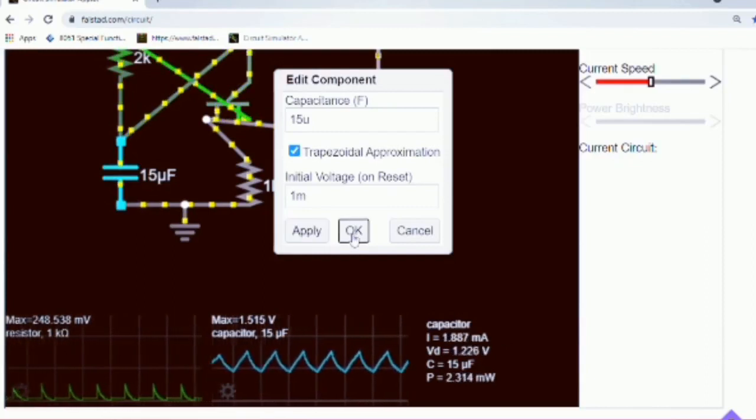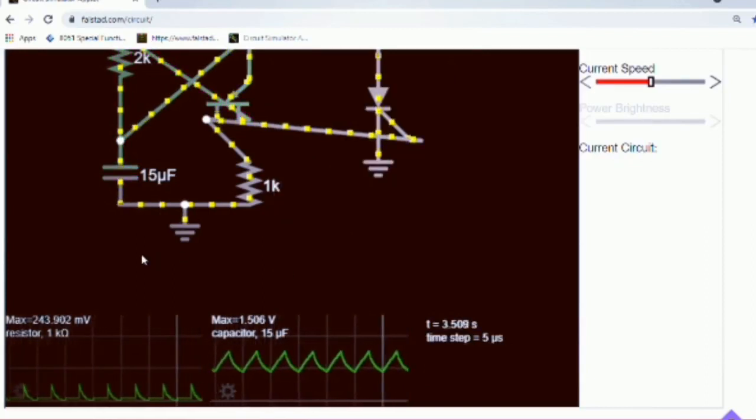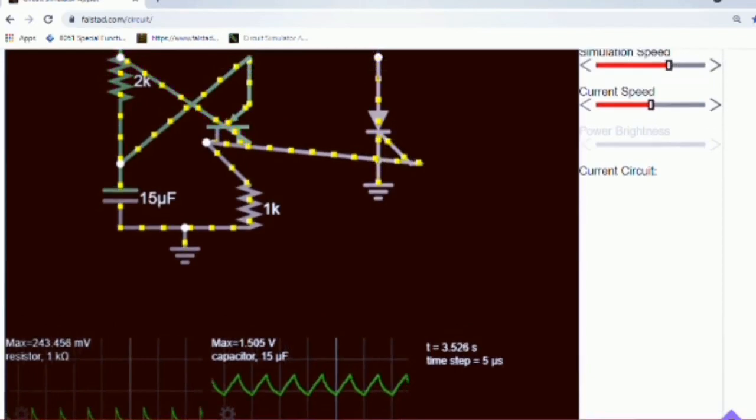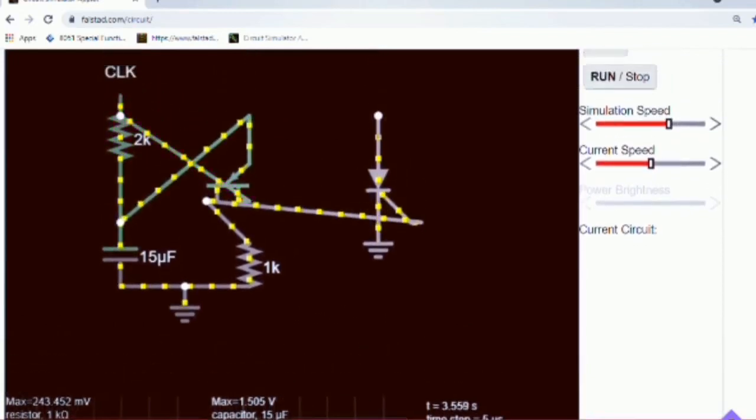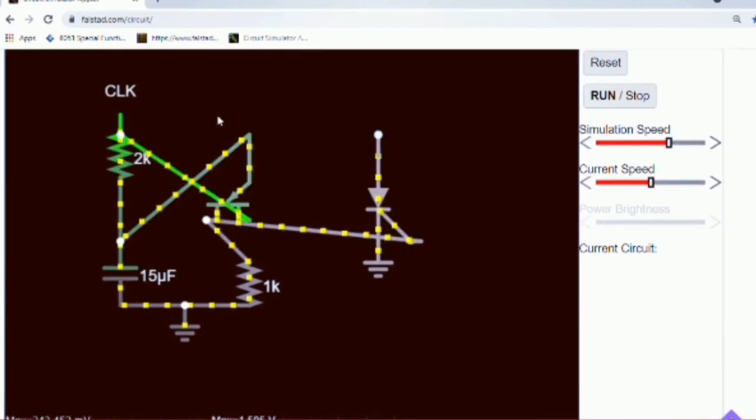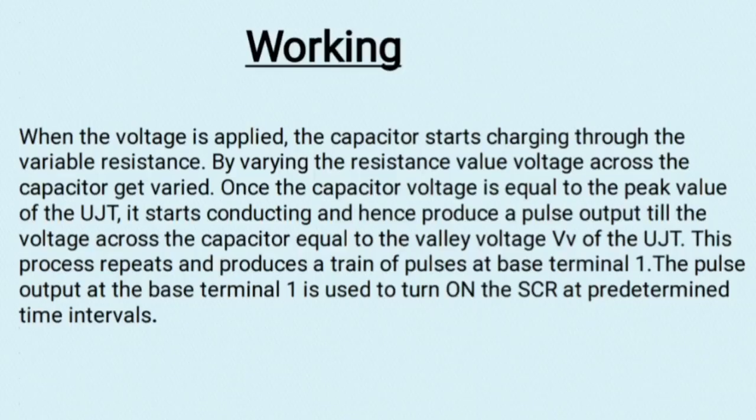Now after applying the values, you can run the circuit. Now we'll see the working.